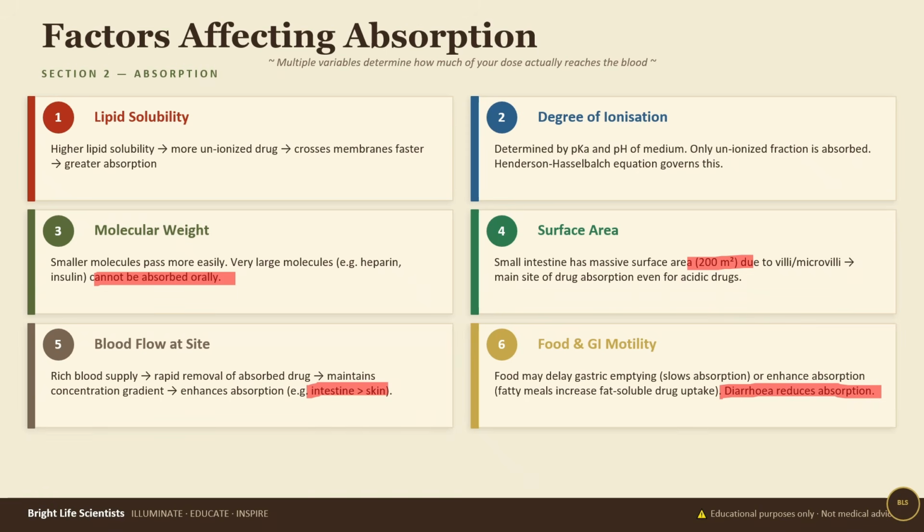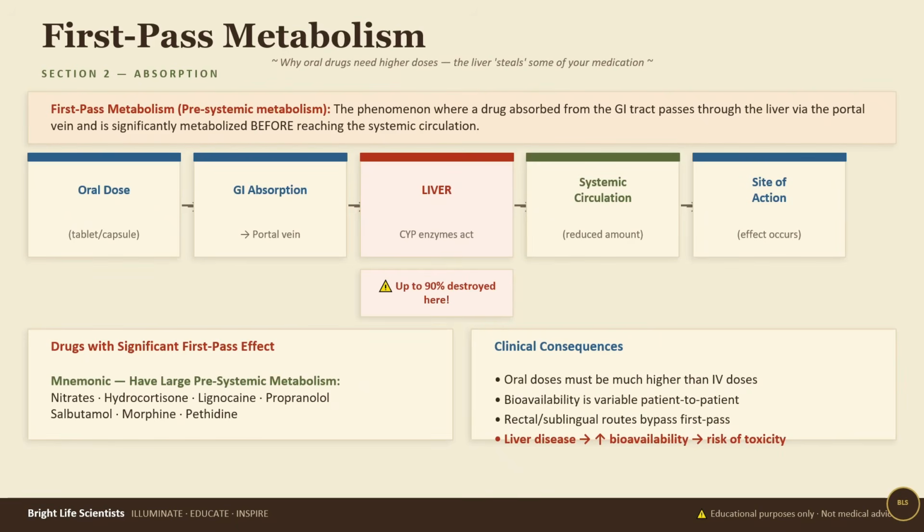Now we arrive at one of the most clinically important concepts in pharmacokinetics, which is first-pass metabolism, also called pre-systemic metabolism. Here is what happens. You swallow a tablet, and the drug is absorbed from the GI tract into the portal vein, the blood vessel that drains directly into the liver. Before the drug can reach the systemic circulation, it must pass through the liver first. The liver, being the body's metabolic engine, gets to work with its CYP enzymes and destroys a significant portion of the drug before it ever gets to act. Liver disease reduces first-pass metabolism, therefore the drug accumulates and bioavailability shoots up, and this predisposes an individual to risks